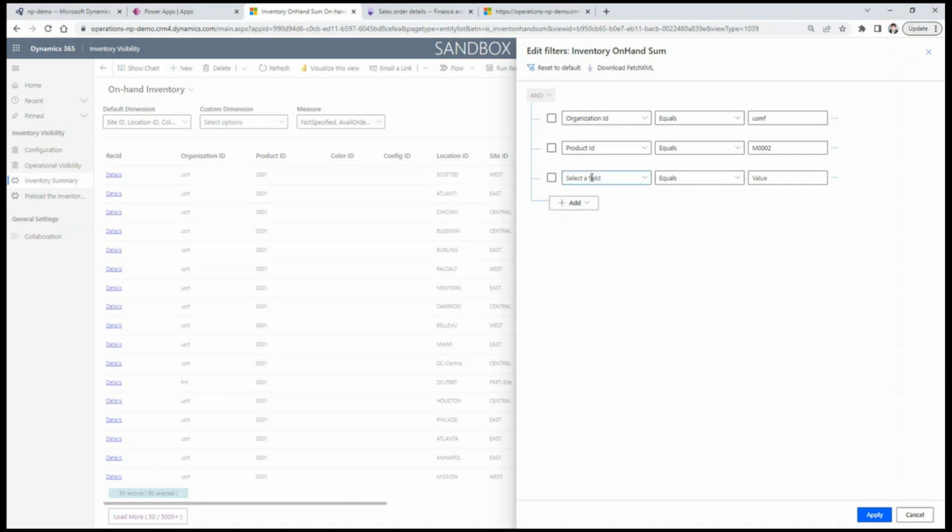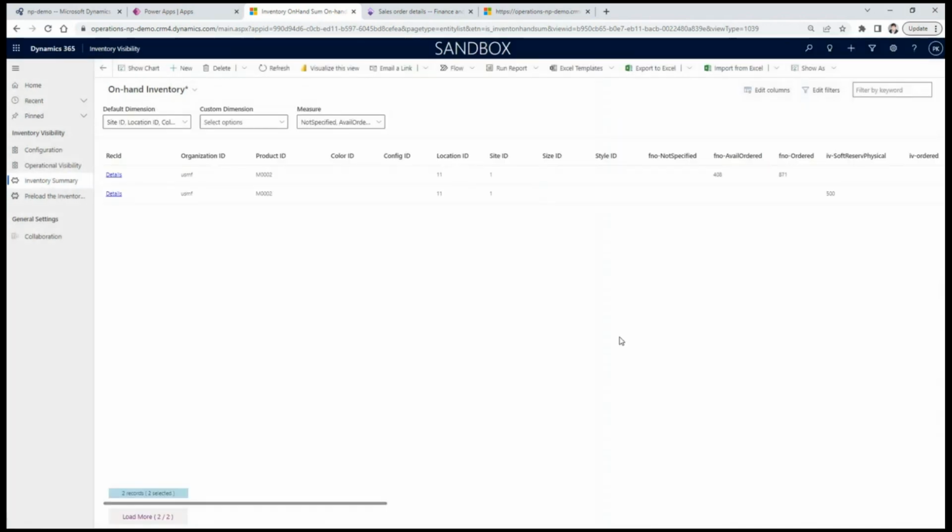Another one for site. And the last one for warehouse. Mark them all, apply. And you can see that we have only 2 rows, which is much better, but still we have a lot of